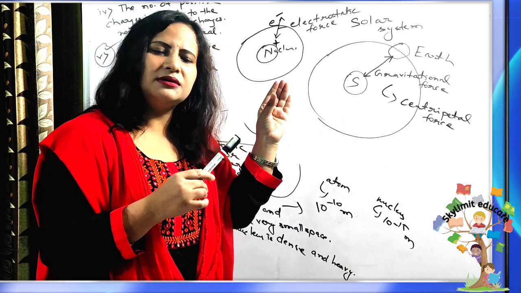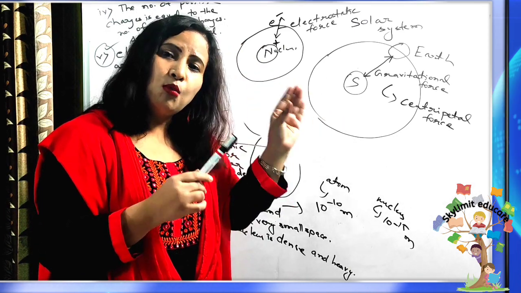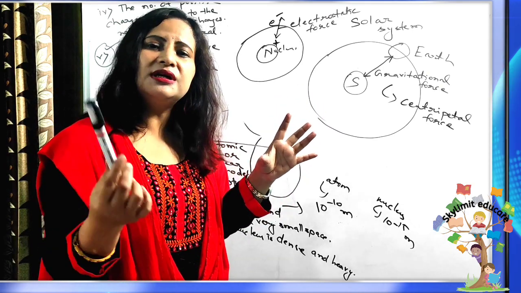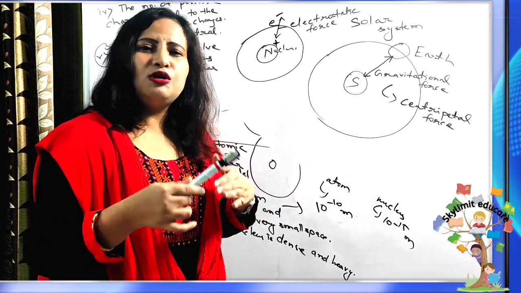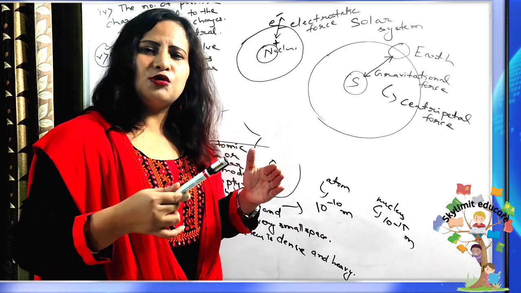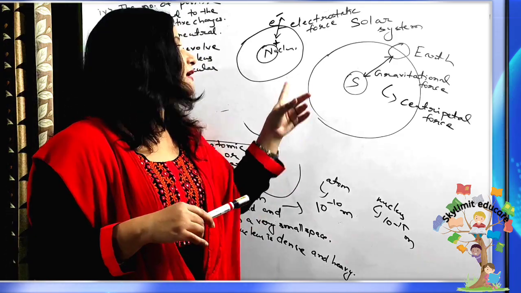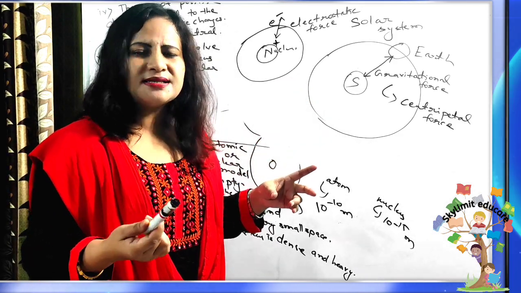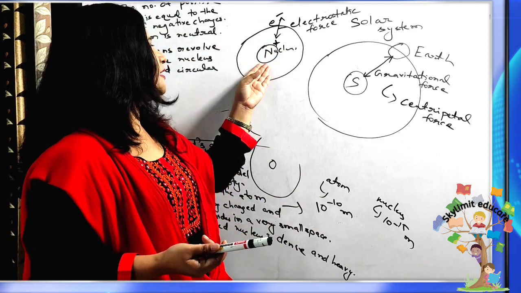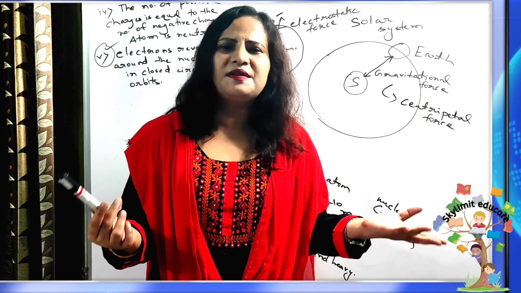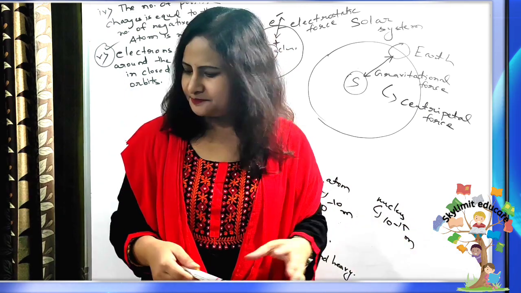They are always in motion. Electrons are always in motion, and they basically revolve around the nucleus. That means they are using the electrostatic force of attraction, which is converted to centripetal force, and that centripetal force is used by the electrons to revolve around the nucleus. Otherwise, the electrons will be directly attracted by the nucleus, and the atom will collapse. The atom will no more be there. It will be destroyed, right?